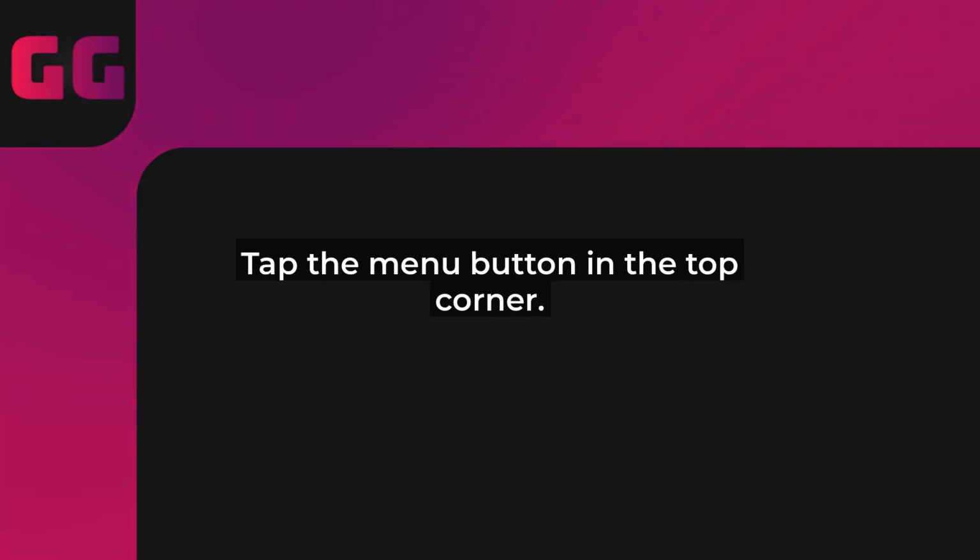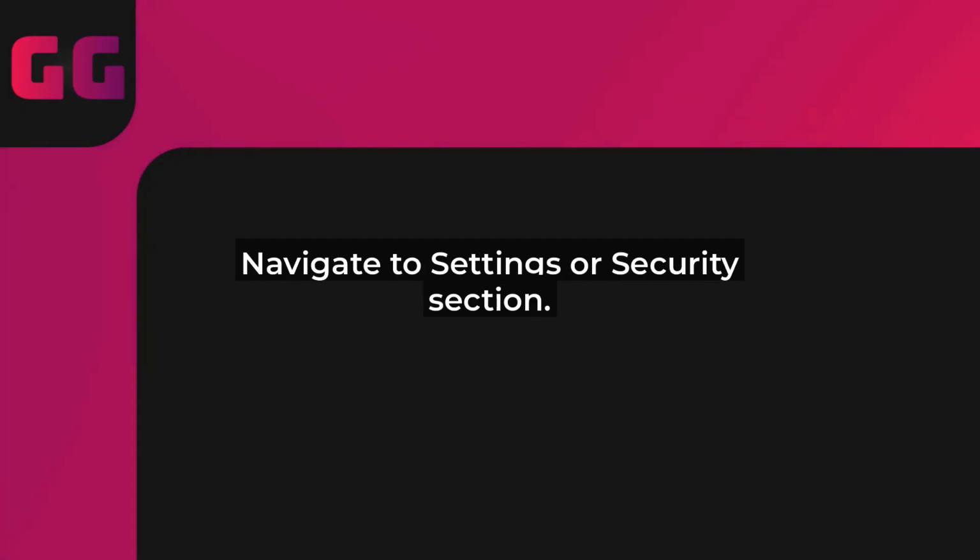First, ensure you're logged into your Current app on your smartphone or tablet. If you're not, go ahead and log in now. Once you're in, head to your dashboard by tapping the home icon at the bottom of the screen. In the 2025 version, the interface might look a bit refreshed, so look for any new icons or labels.